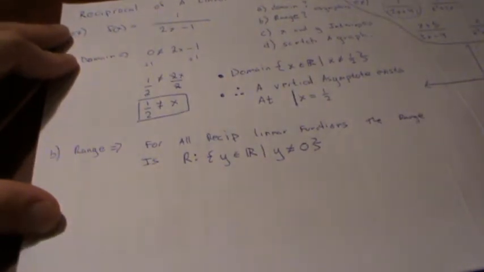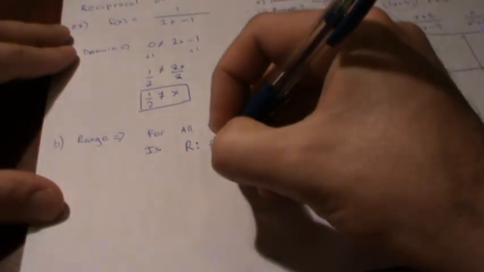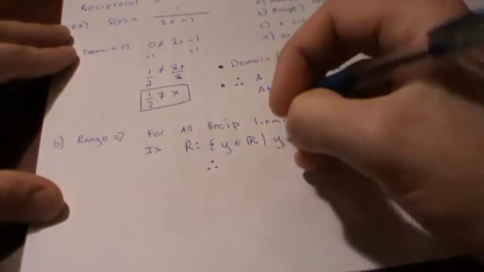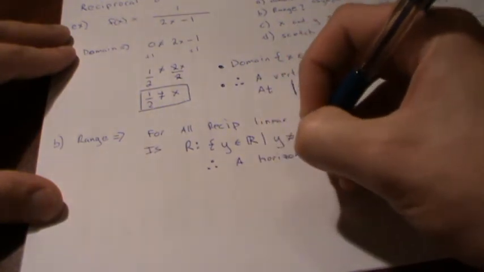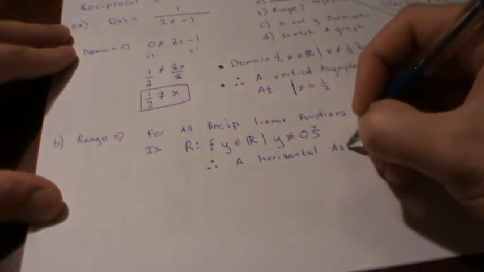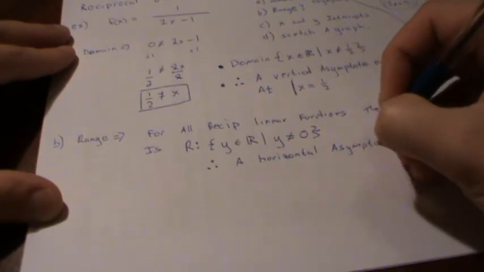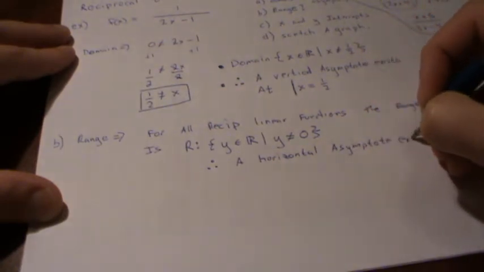And let me explain. Oh, by the way, therefore, a horizontal asymptote exists